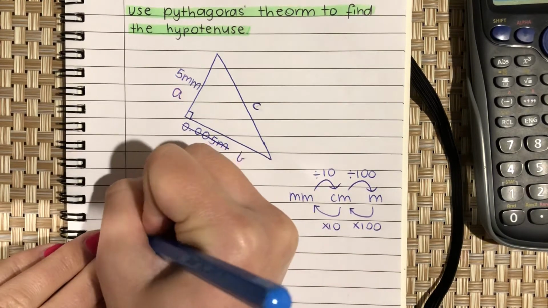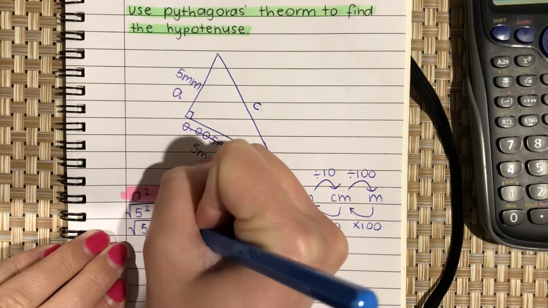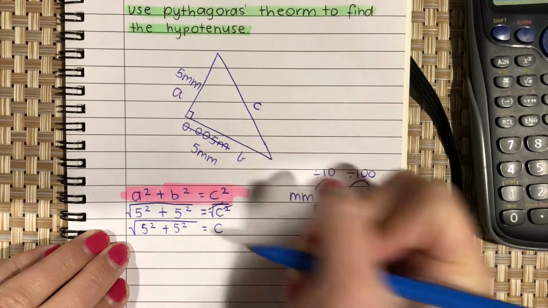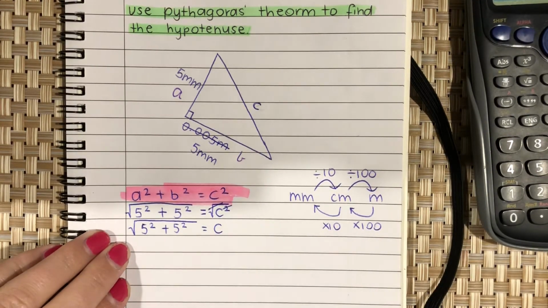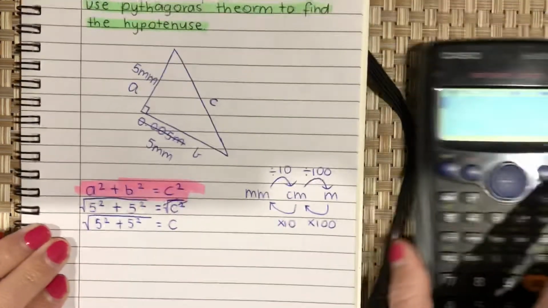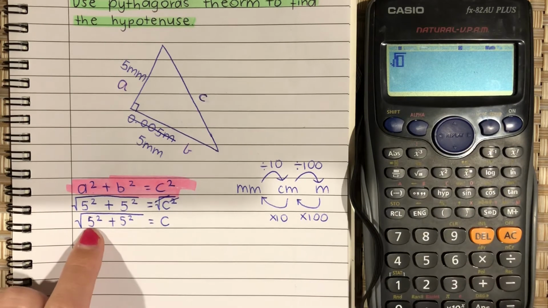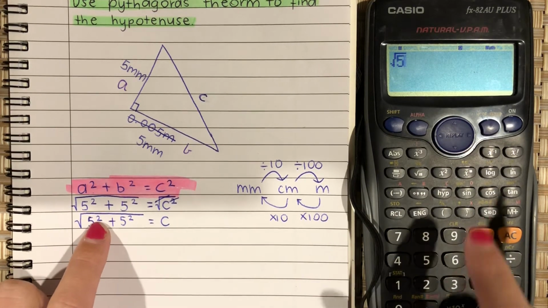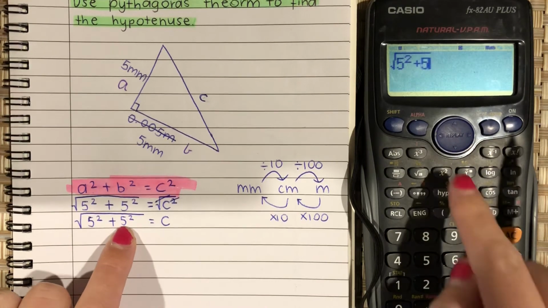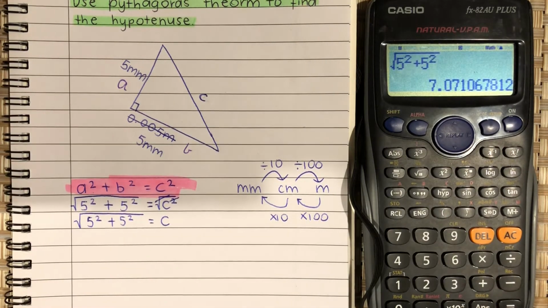So we're left with square root 5 squared plus 5 squared equals C. And then I put this in my calculator exactly how I see it. So square root 5 squared plus 5 squared equals